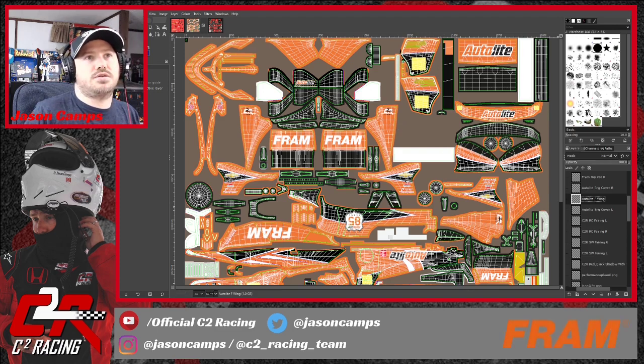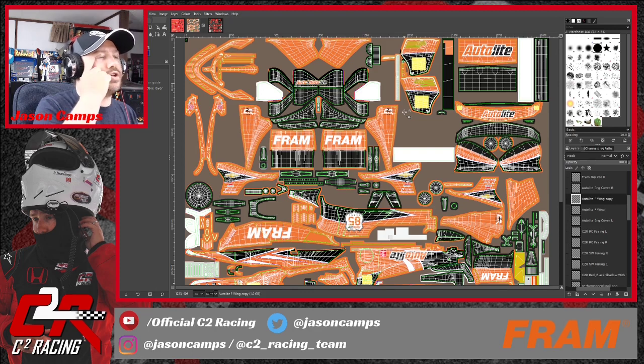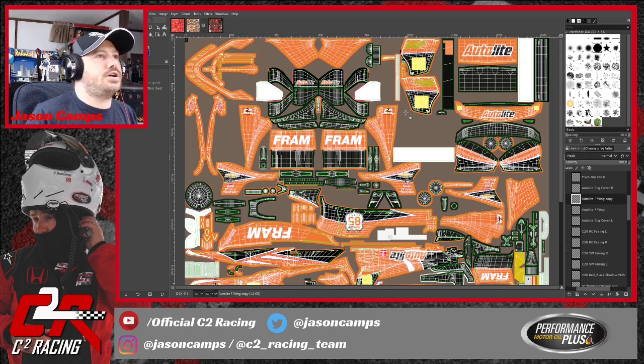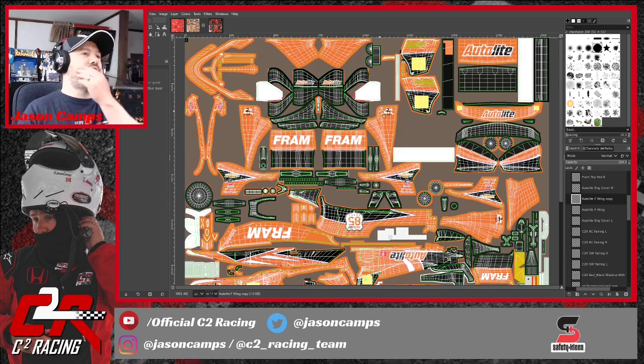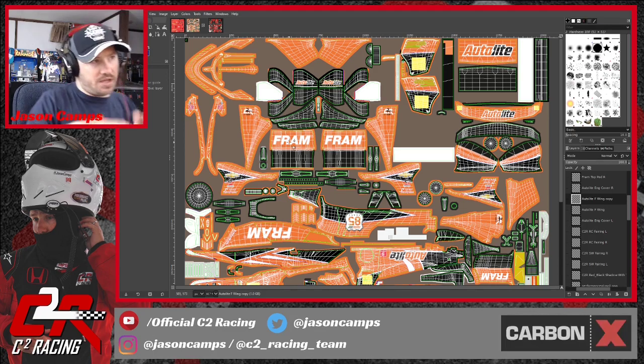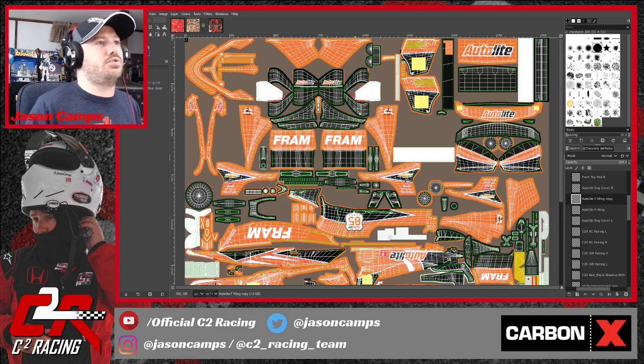And then we're going to duplicate this. And we're going to grab that and slide it over and duplicate it on the other side. There we go. And so now when you see it, it'll have Autolite and then it'll have Fram right below it. And so Fram's going to be the main thing on the wing, but it won't be the only logo. So we'll have them both on there. And then, okay, let's